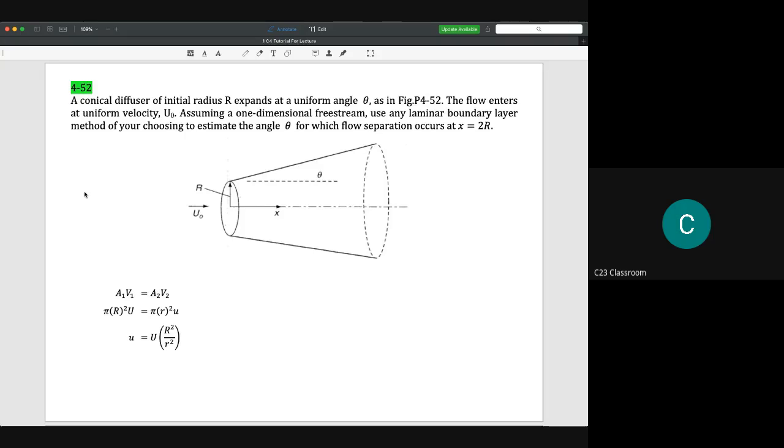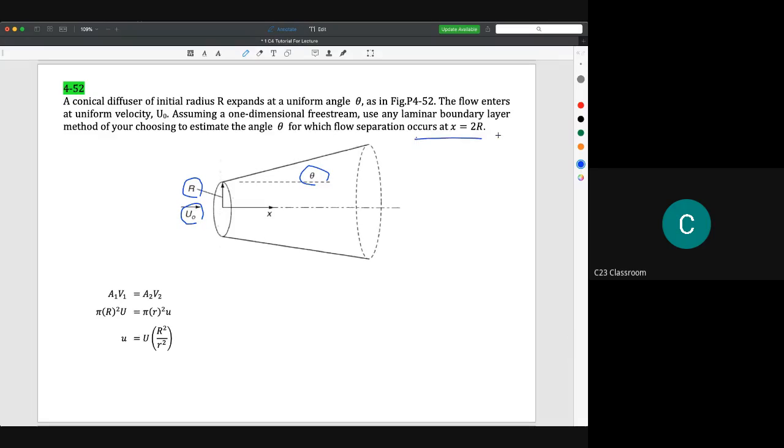So here for question 4.52, a conical diffuser of initial radius r, as shown here, expands at a uniform angle theta. The flow enters at uniform velocity U naught, assuming a one-dimensional free stream. Use any laminar boundary layer method of your choosing to estimate the angle theta for which flow separation occurs at